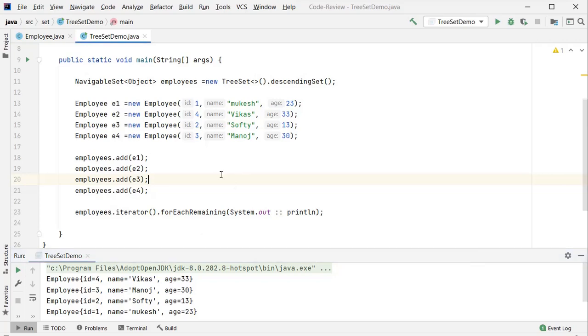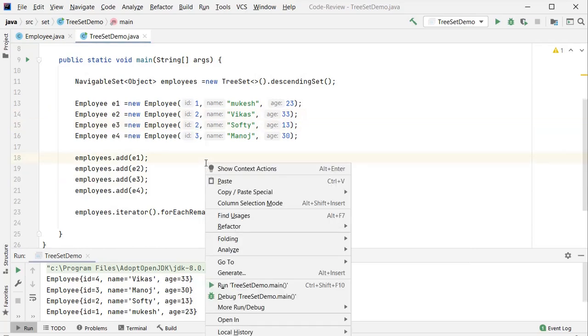But one more question, like does a TreeSet allow duplicates or not, and how does it not allow duplicates? So for example, I added id 2 as a duplicate. So this id is 2 and this id is 2.